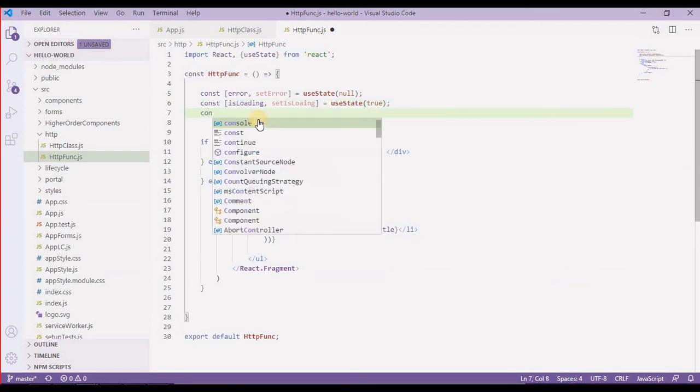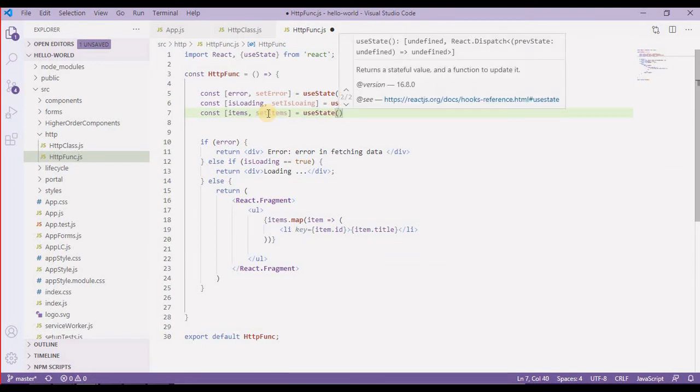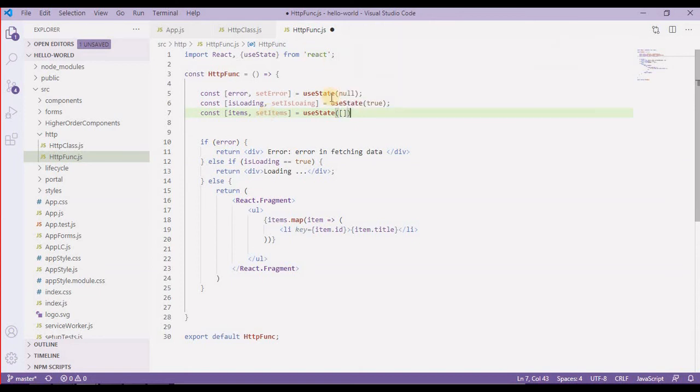and finally we are going to have the items, so constant items and then setItems, and again useState method, and inside it we are going to have an empty array, so that is square brackets open and close.